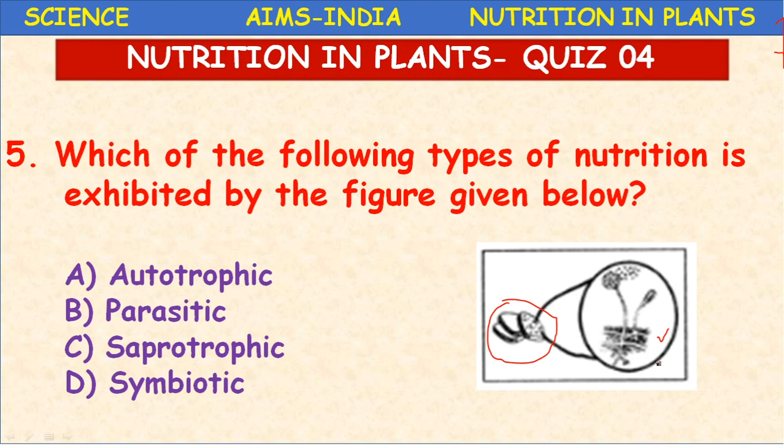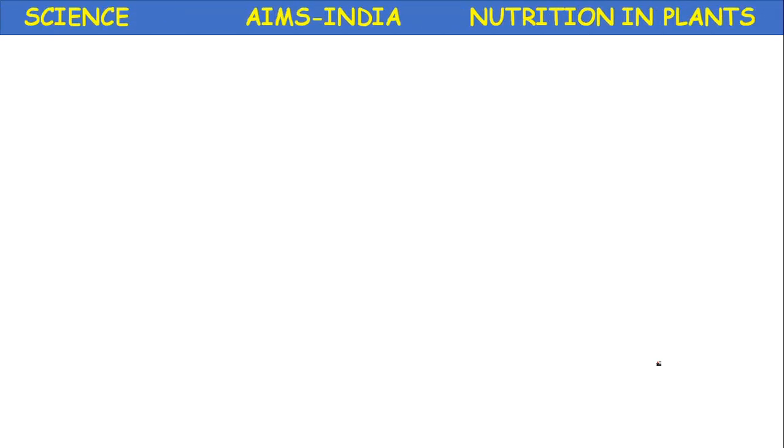Generally in rainy season and winter season, when the food material is not stored properly, on the pickles as well as the bread and on chapatis also, a layer of this fungi will grow. Okay. This type of nutrition is called, which type of nutrition? Saprotrophic nutrition. Example, mucor, bread mold. Okay. Next.